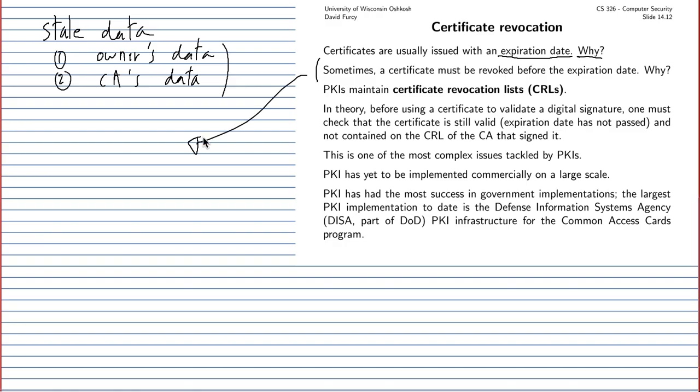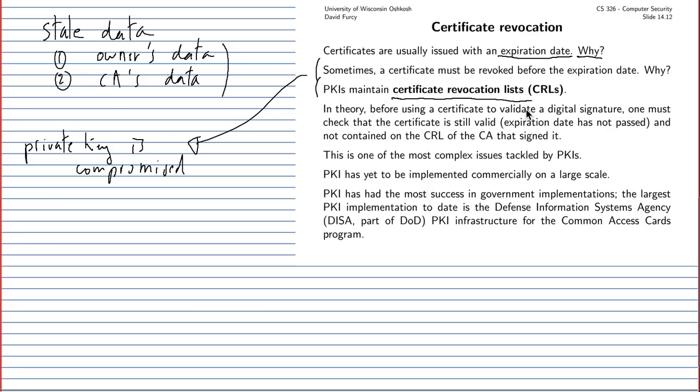When would that be necessary? Well, for example, if the private key that's associated with the public key in the certificate is compromised, then you have a big problem. Because by trusting the certificate, you're actually trusting the public key, and in particular, you're trusting that the person who owns the corresponding private key is the one contained in the certificate. But if that private key has been compromised, then you can't really trust and use that certificate anymore. So as a result, one of the aspects of the PKI is to handle what's called a certificate revocation list, or CRL.